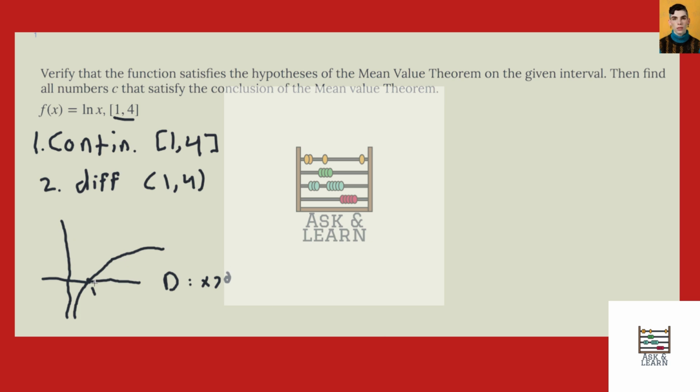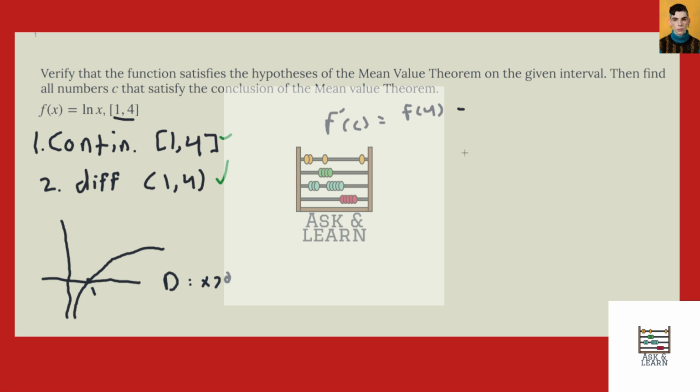And by looking at this graph of ln of x, we also know that it's differentiable, because you can take a tangent line at any point. So we know these two conditions are satisfied, which are the conditions for the mean value theorem. And the mean value theorem states that there is a c such that the derivative at that point c will give us the average slope, which is f of 4 minus f of 1